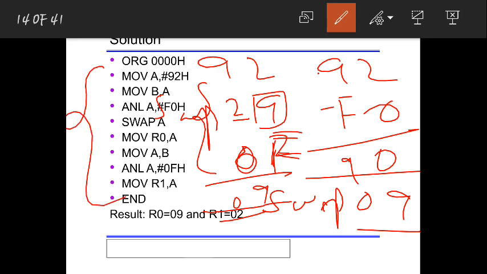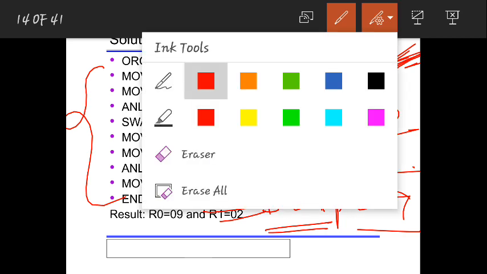In this program, he applied this logic. First, he took 92. For that, he did this AND operation. He applied F on the higher nibble side, because 9 is at the higher nibble place. We wanted 9 here, so you got 90. But the actual data was 09, right? So you applied swap here. So you got 09. But in the other case, first 92, I swapped it. I made this 9 go to the lower nibble place. After that, I applied this 0F. So I got 9 here, then 0 directly. So this he applied in this program.